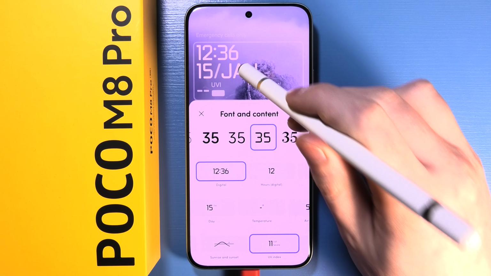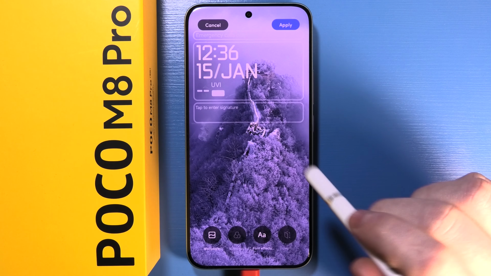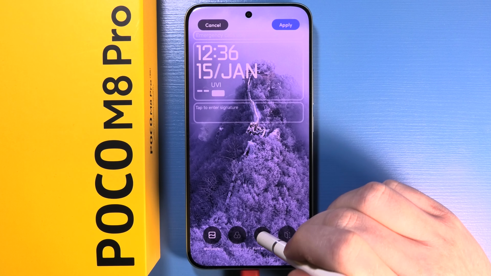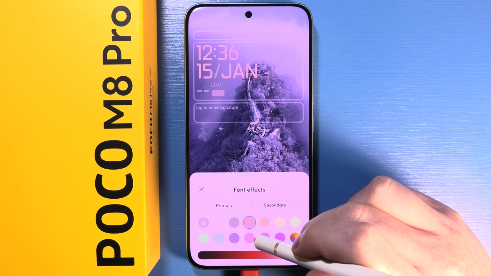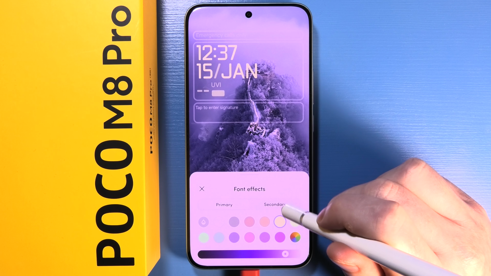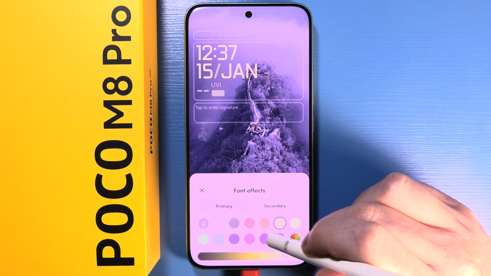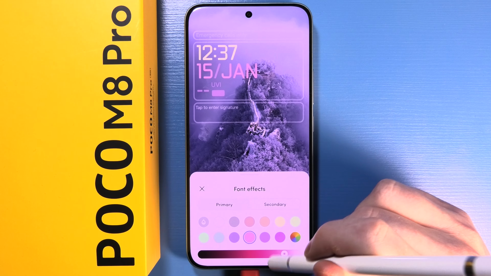So that is the clock customized, but there's one more thing that you can do here. Select font effects, and this will allow you to change the color for your clock as well, the primary color as well as the secondary color for the widgets. And that is